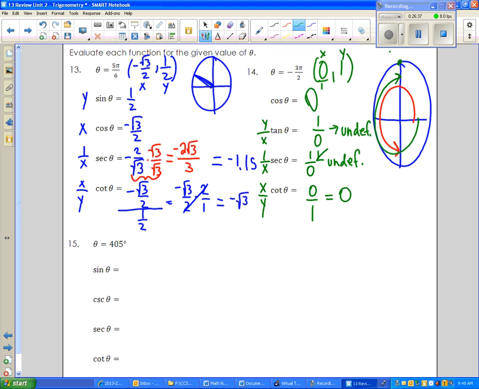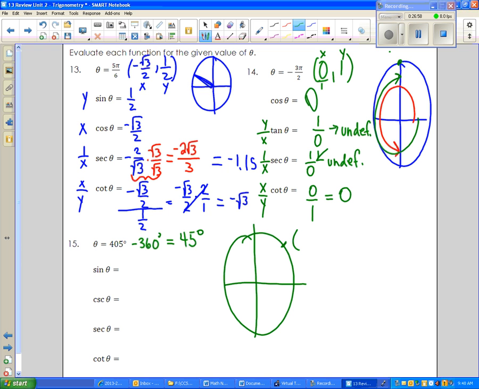All right, in number 15, now you're given a measure of an angle that is in degrees. And if you notice, 405 degrees is outside of 1 revolution of the unit circle. So I'm going to go ahead and subtract 360. And if we subtract 360, that gives us 45 degrees. And at 45 degrees, that puts me right there. And the coordinates of that point are going to be the square root of 2 over 2 and the square root of 2 over 2. And so again, this is x, this is y. When I'm asked to find the sine, that's y, so that's just going to be the square root of 2